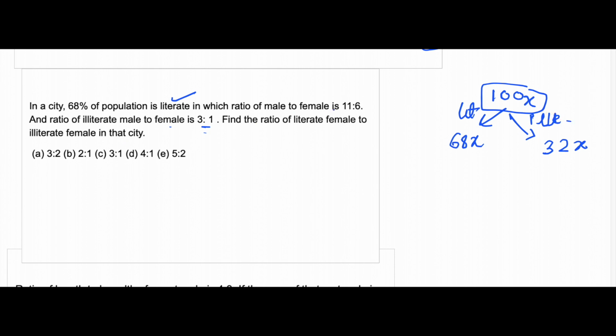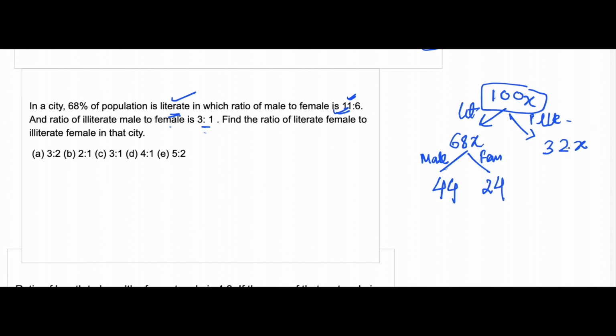The ratio of male to female literate is 11:6. So 11 plus 6 is 17, and 17 times 4 equals 68, so 1 unit is equal to 4. So 11 into 4 is the number of male literate, 44. 6 into 4 is the number of female literate,